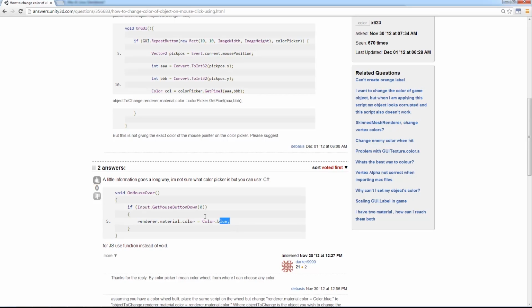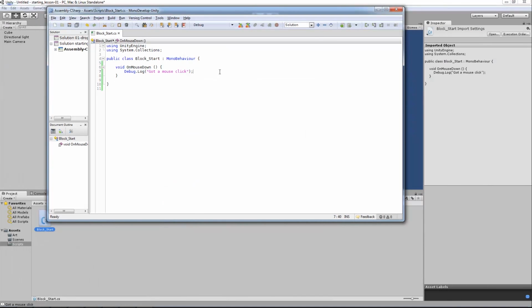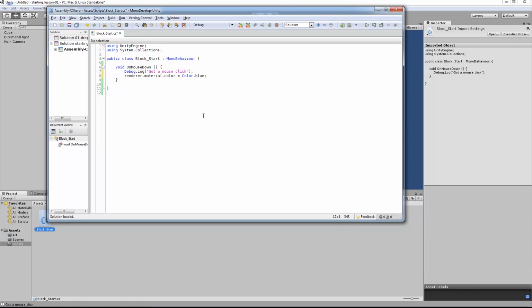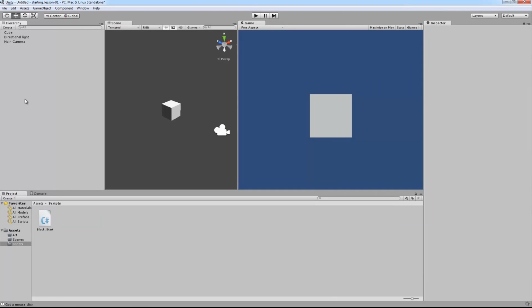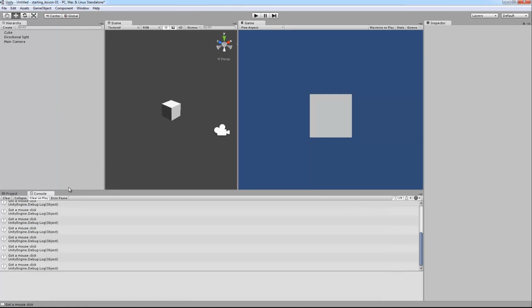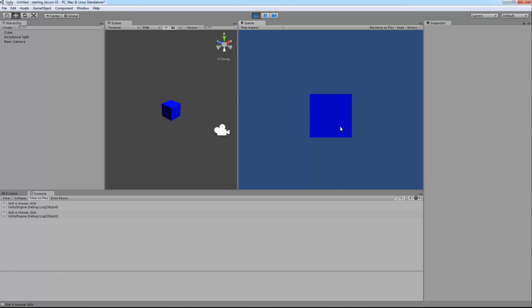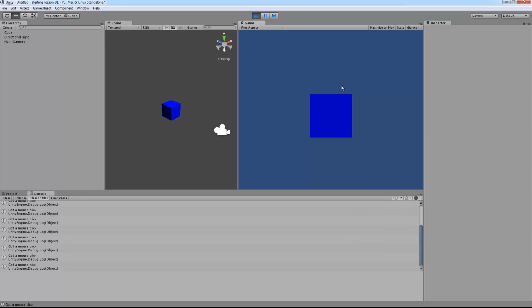Renderer.material.color equals color blue. And so we're going to right click, copy that, minimize this, and go over here. Now I'm going to go to the next line. I'm going to right click, I'm going to paste, and is it that easy, you wonder? Well, let's find out. We hit save, we go over here, don't see any errors anywhere. Okay, I can clear this out, although clear on play is on by default, which is nice, so that as soon as I hit play, that clears out. Oh, as soon as I click, it turns blue, and it stays blue. So that's cool,